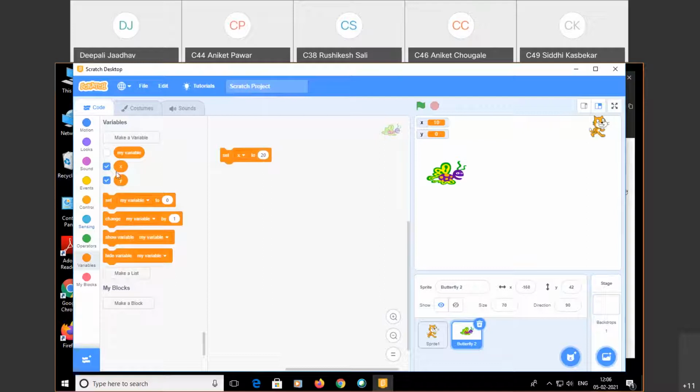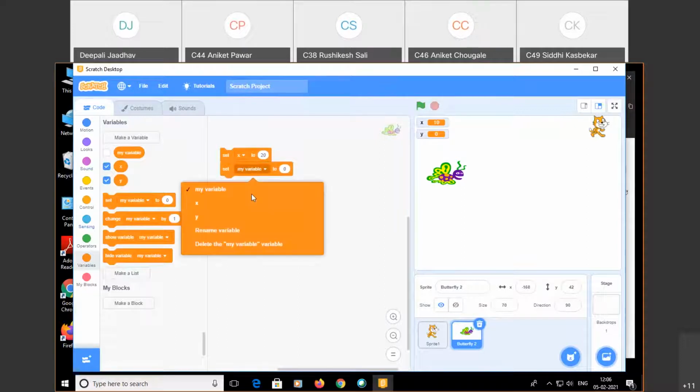Then set my variable y to 10. Now there are two variables. I execute it. What happens? You can observe here x is equal to 20 and y is equal to 10 now. These two variables have two values.